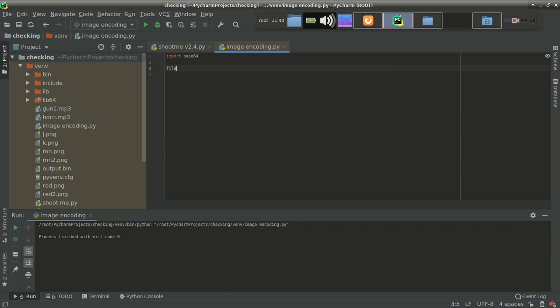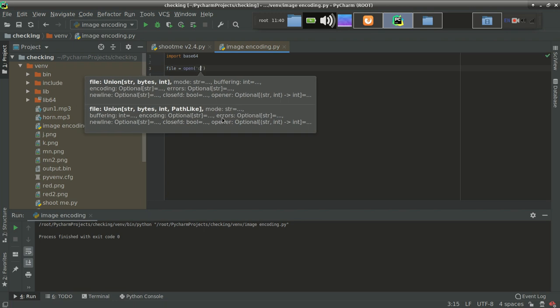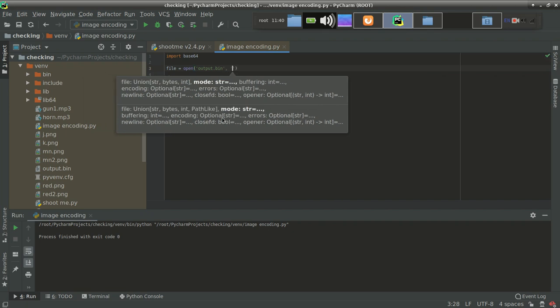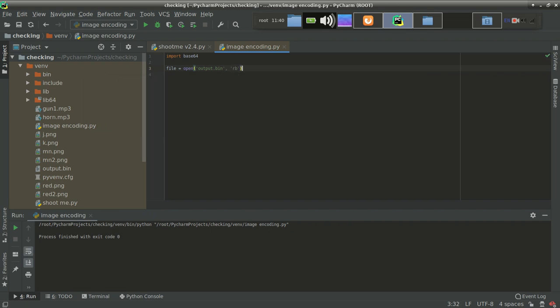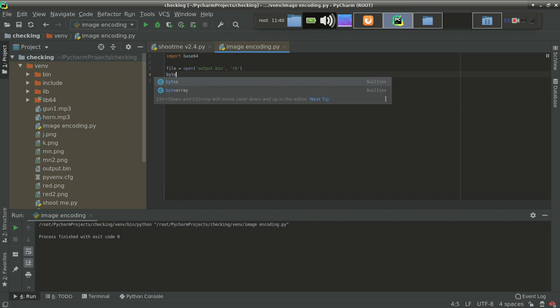So let's make an object first, file equal to open, then file name output.bin, then mode. Since I want to read data from that, I have to use read binary mode. So it has opened the file for me. Now I want to fetch the data from the file.